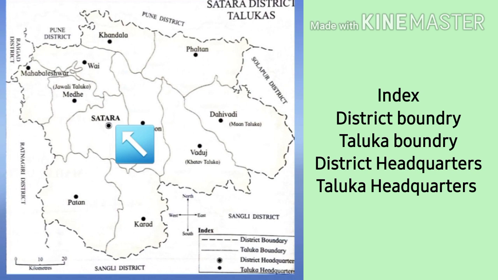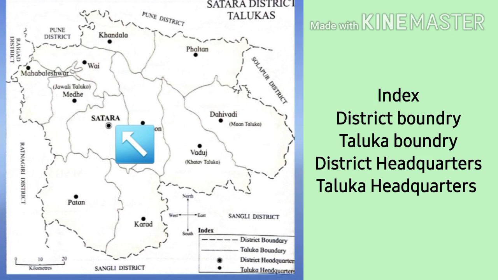Now below this map on page number 25, there is an activity given to you. Like you have to write down the name of your village, town or city in your taluka. Circle the name of district headquarters and many more. I hope all of you have done this activity using the given map.